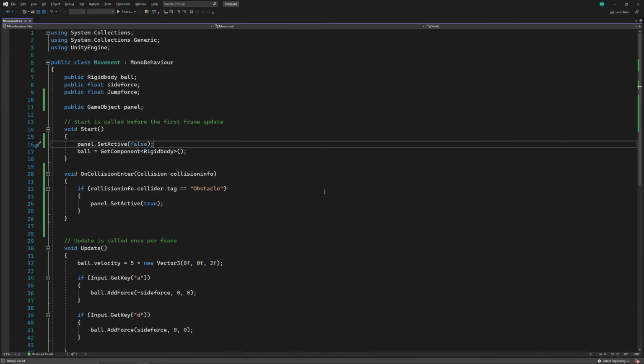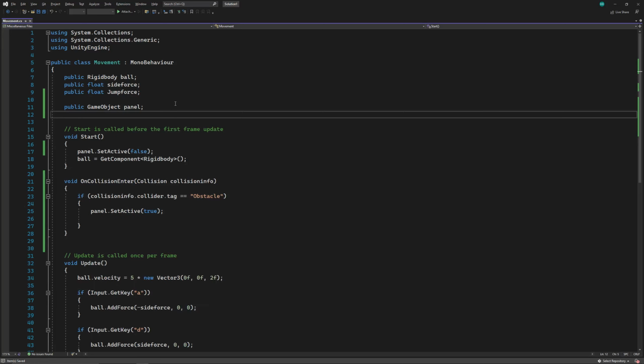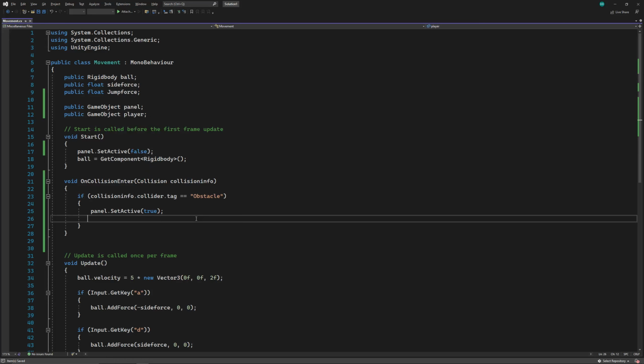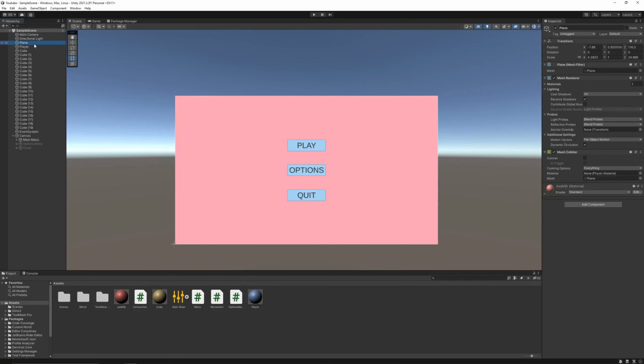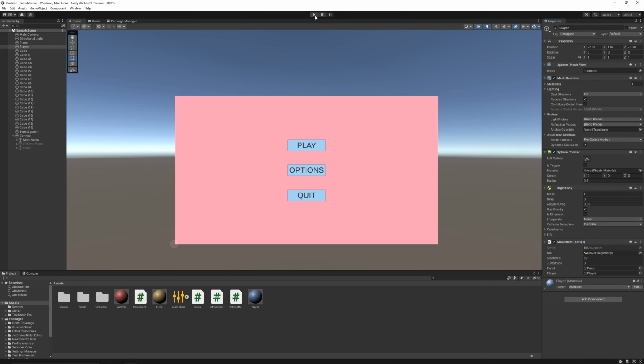Again, to fix this, we'll declare our player as a game object in the script, and we'll disable it when it collides. Now in Unity, drag and drop the player in the script. And now if I hit play,